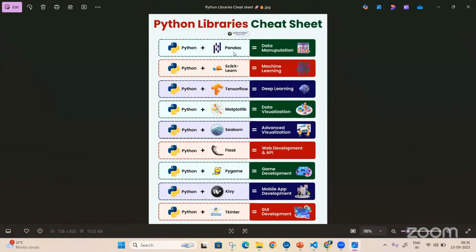Now, if you want to do analysis, there is something called pandas. You can import pandas and do data manipulation on top of that. If you want to work with machine learning, scikit-learn is one of the libraries where all the features are there, and you can directly import them and work. Deep learning is one subpart of data science, and there is TensorFlow because all the functionality you need is already there inside these libraries. For data visualization, Matplotlib. For advanced visualization, Seaborn. For web development, there is Flask. For game development, Pygame. So many things are there. Whereas if you want to work with big data technologies, there is PySpark.